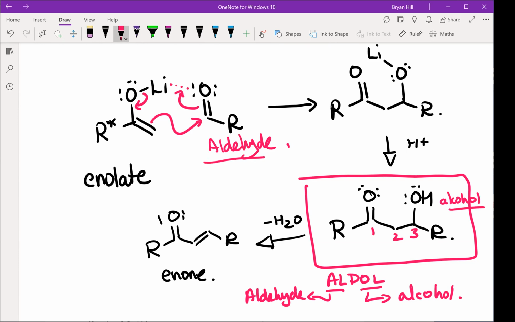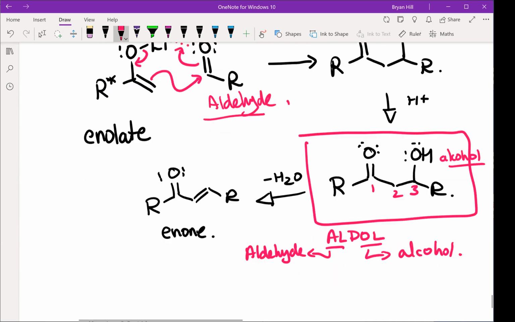But this also works with ketones too. So it's possible to do this with unhindered ketones, I guess would be a better way to say it. So this reaction works really, really well with aldehydes. And if you've got